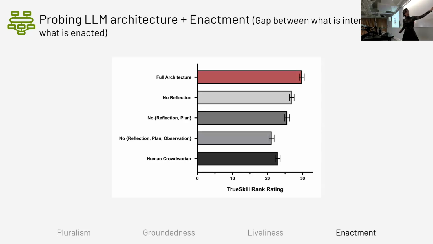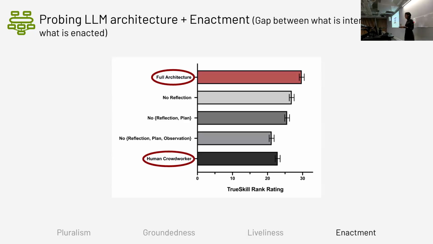That's a human crowd worker condition. And then they have another human crowd worker evaluator come and read those transcripts and say which one is the most believable. And this is interesting, right? Like you're like, okay, I kind of get they're trying to evaluate how well their architecture works. But if you pay attention to these two, the full architecture and the human crowd worker condition, right? Human crowd worker condition is ranked to be a lot less believable than the full architecture as a human, right? And they report on this as a positive result.